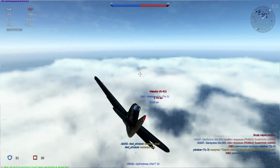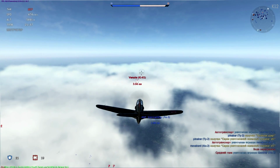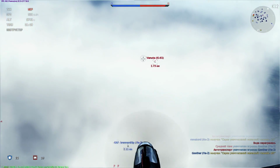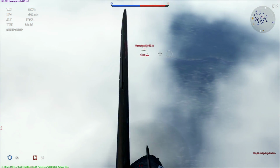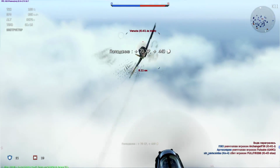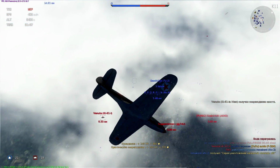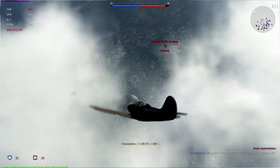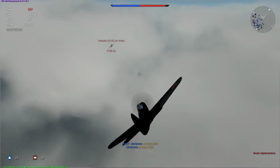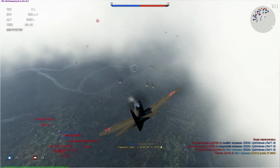By comparison, the N-37 37mm cannon had a muzzle velocity of 900 meters per second and a steel on target rating of 3.06 kilograms, enough to get through all but the Tiger's side or front armor. Also, instead of the M80 armor-piercing rounds that were required, the US shipped the Soviets M54 high-explosive shells, which were ineffective against tanks. Most of you know, if you play World of Tanks, high-explosive rounds don't have as much penetration as, for example, armor-piercing rounds, but they have more explosives, and if it does get in past the armor, it causes much more damage to the tank. And because the Americans shipped them M54 high-explosive shells, the Russians did not use it for tank destroying purposes